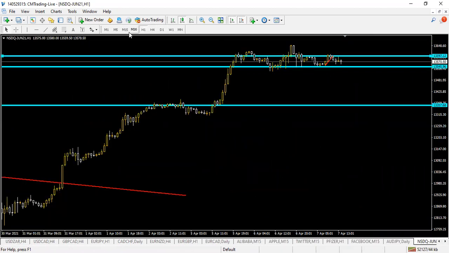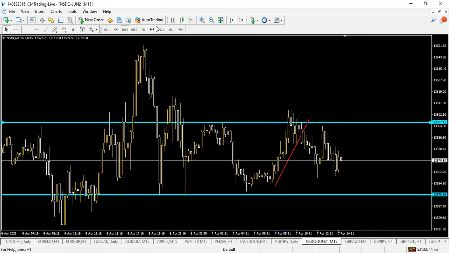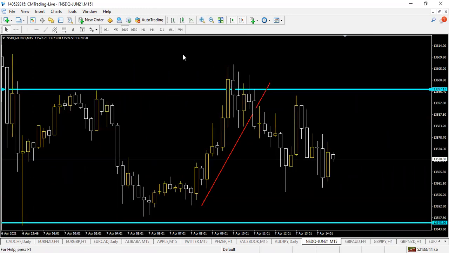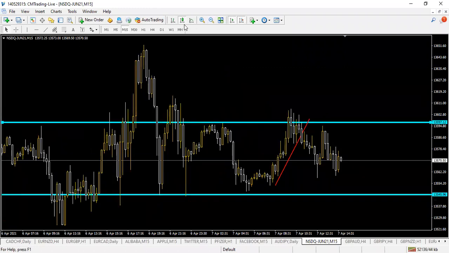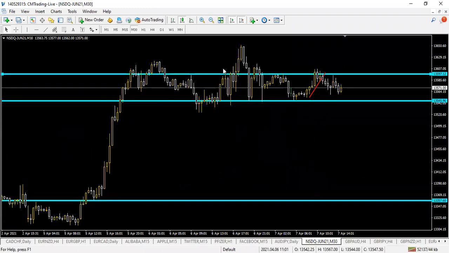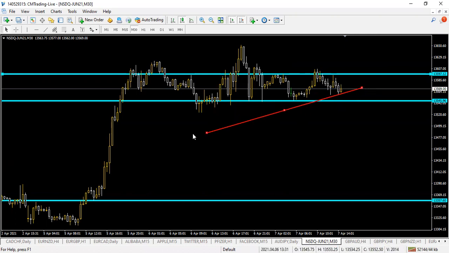NASDAQ has been in a beautiful formation, guys, lately. So let me just zoom in and go to a 15-minute time frame here. We're looking at this beautiful range in this market on NASDAQ, right? For those of you who are International School of Traders students, please do use your cheat codes exactly at that time to confirm this beautiful setup right here. So we're currently having a beautiful bullish market, even though the market is ranging here.